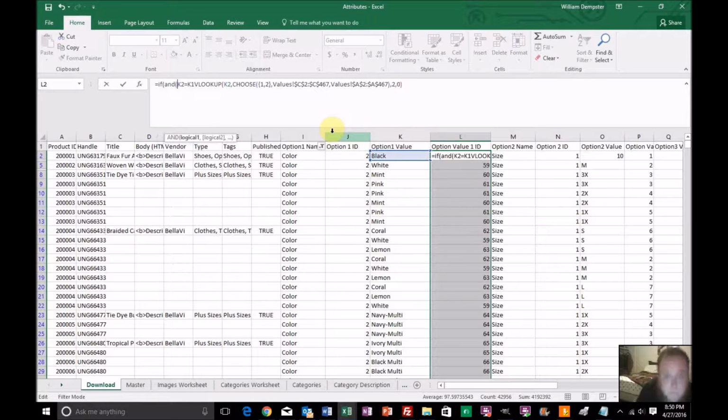If and K2 equals K1, comma, A2 equals A1,